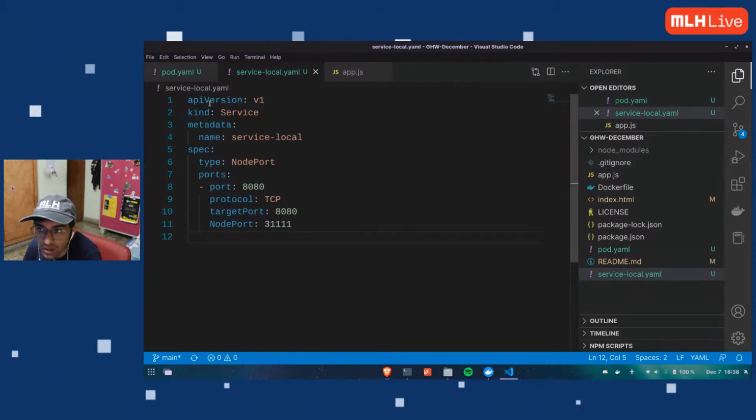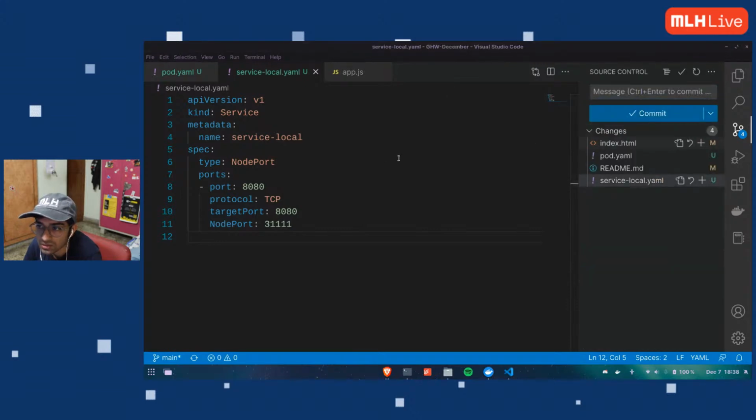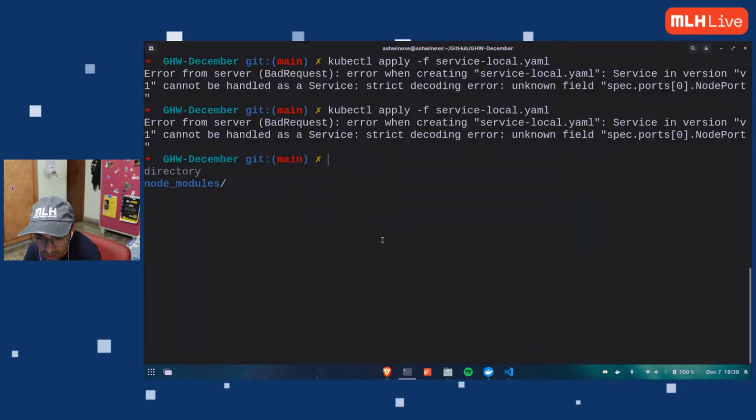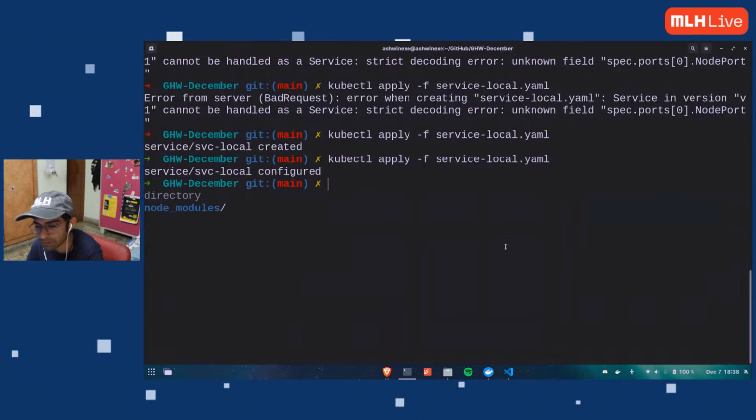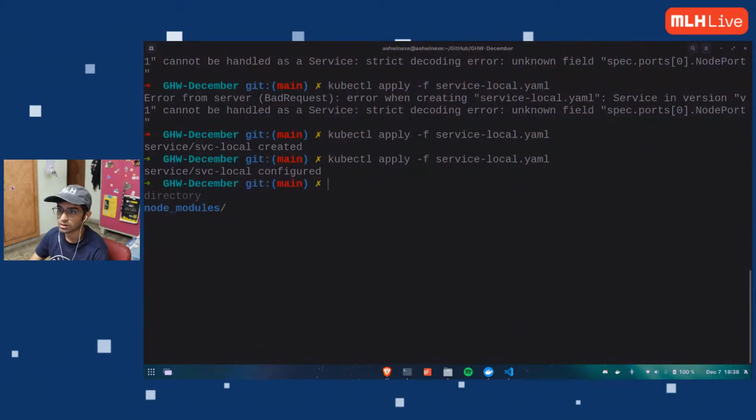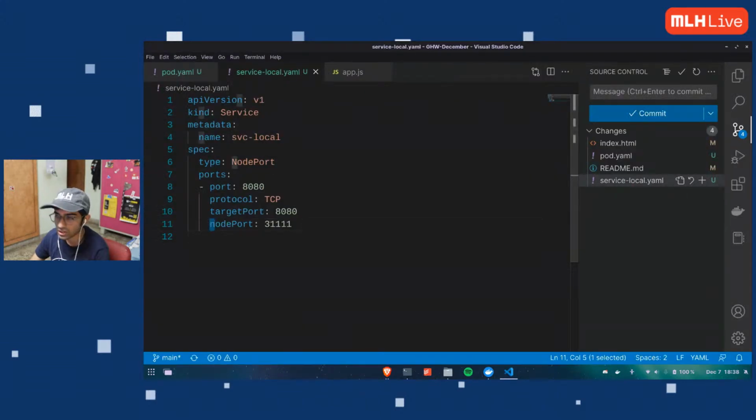Oh, API version, let me see if this works. Save it. Oh, okay, probably a typo here. Interesting. Let me just delete this and save this. Yep, it works. Where was the problem? I guess I missed out on port here. Oh yeah, right, so this one was capital N. Good catch, thank you so much.